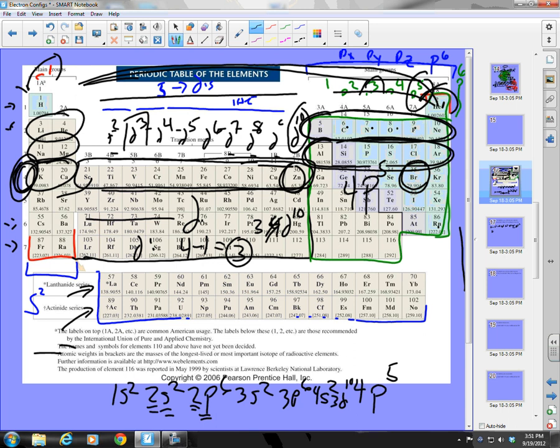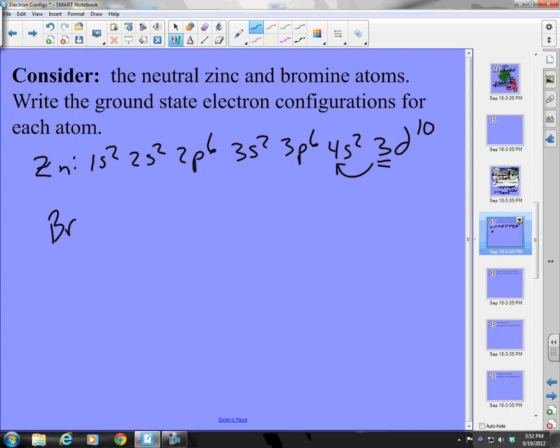So remember, the D's are always one less than my S's there. So I have a 4s2 and a 3d10. Okay, to write that pretty, here we go. 1s2, 2s2, 2p6, 3s2, 3p6, 4s2, 3d10,